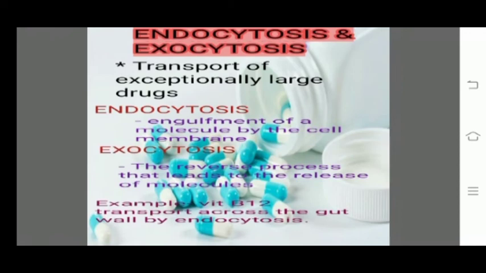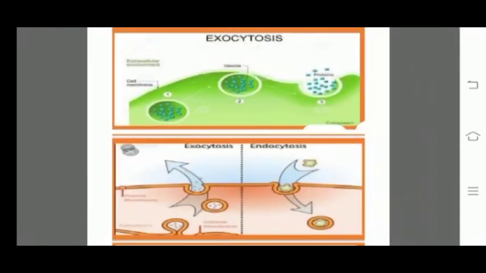So now if the drug needs to be taken inside the cell, it is called endocytosis. As we know, endo means inside and exo means out. So if the drug needs to be carried outside, this is called exocytosis. So you can see in the picture, on the right side the cell engulfed the drug molecule. It's called endocytosis. And on the left side, the exocytosis means the engulfed material is released. In the upper picture you can see first the cell engulfs the drug molecule in endocytosis and further it is released by exocytosis.